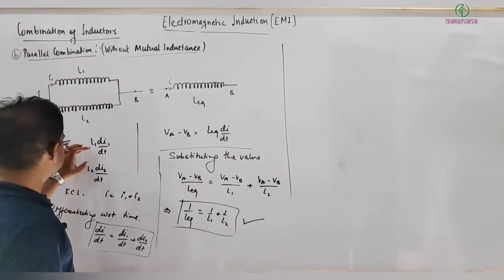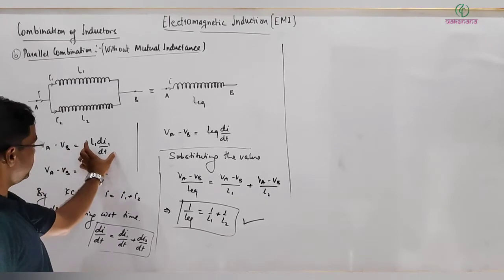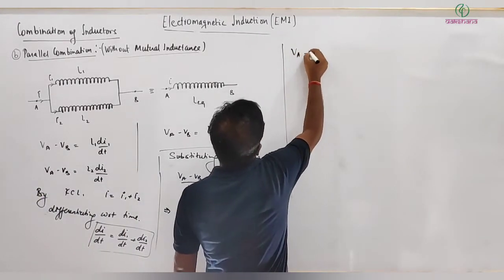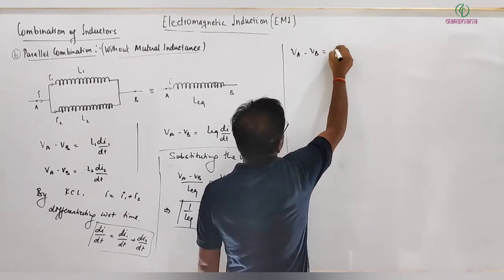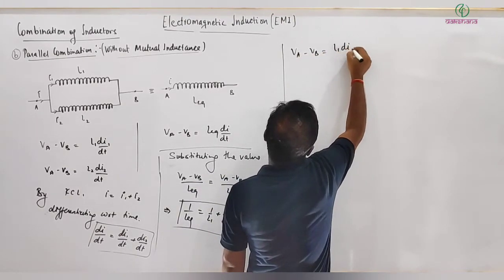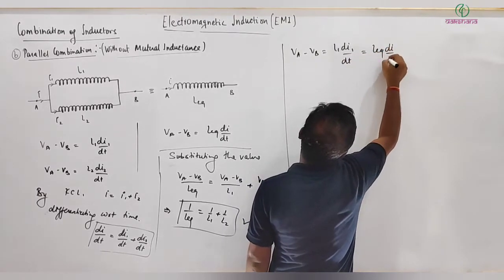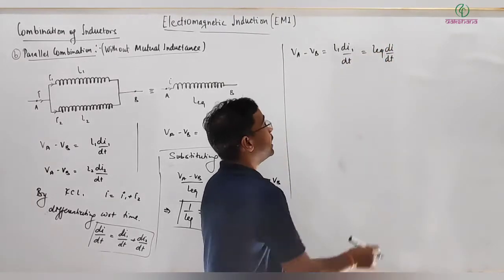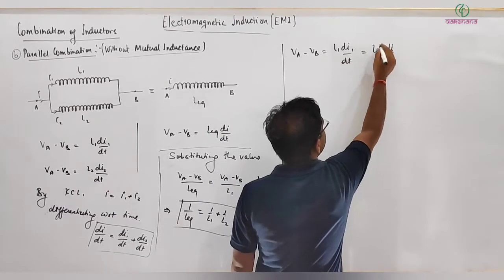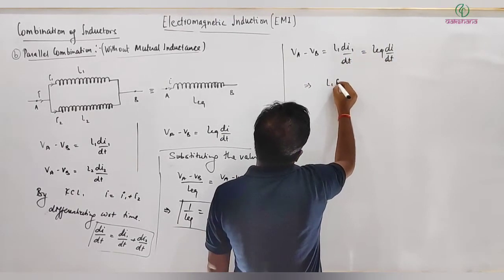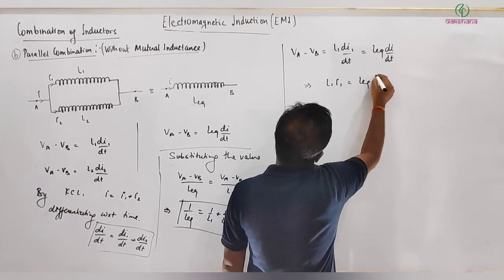So here VA minus VB, this quantity should also be equal to this quantity. So I can write VA minus VB is equal to L1 into dI1 by dt, which is equal to L equivalent into dI by dt. And from here dt cancels. If I just integrate both sides, then I will get L1 into I1 is equal to L equivalent into I,